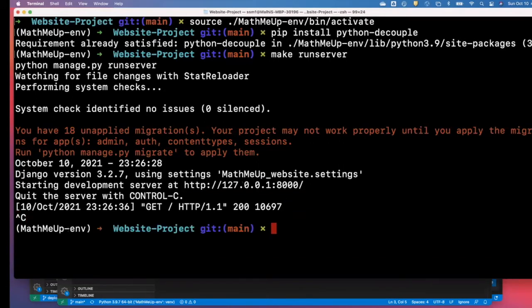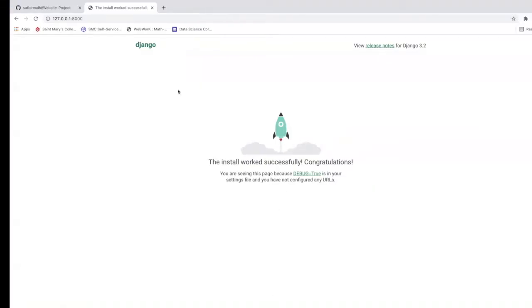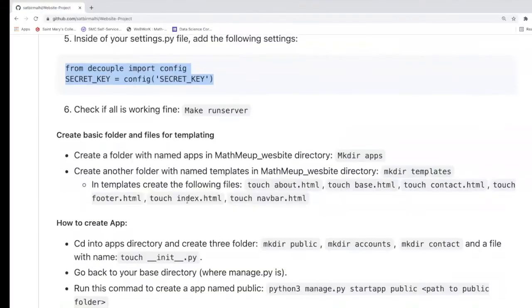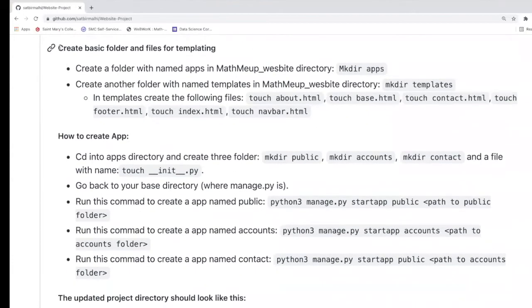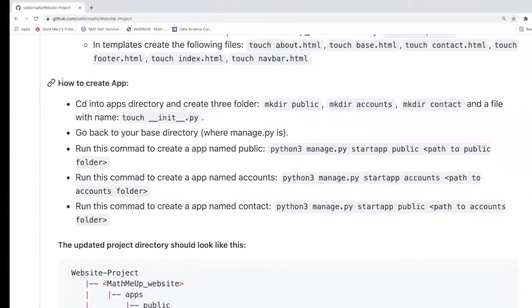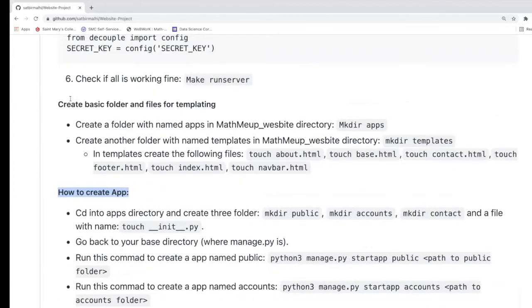So I'm gonna kill the server, let's clear up. And next, what we are going to do is we're gonna create a bunch of folders. So we are creating basic folders and files for templating. And then we're gonna create some folders and install some apps there. So this is basically the step number